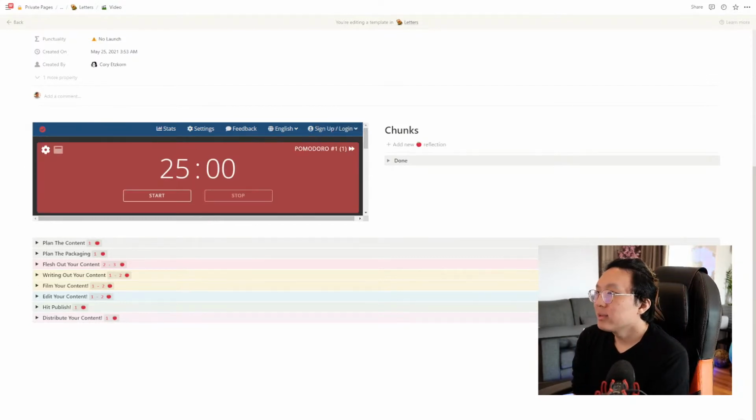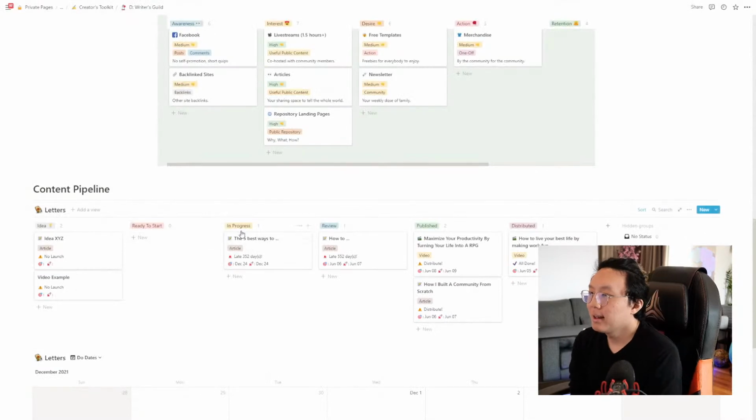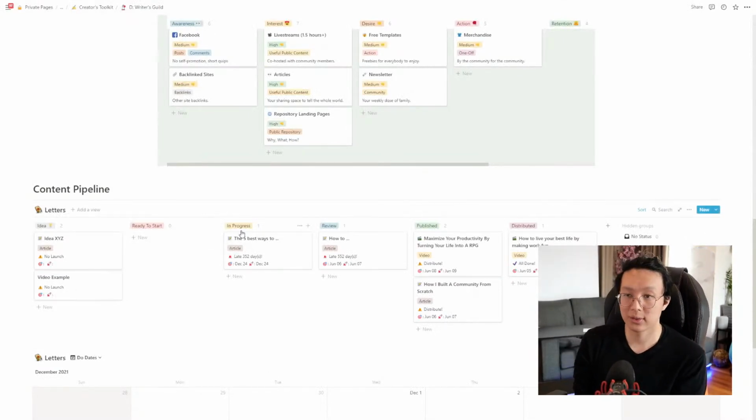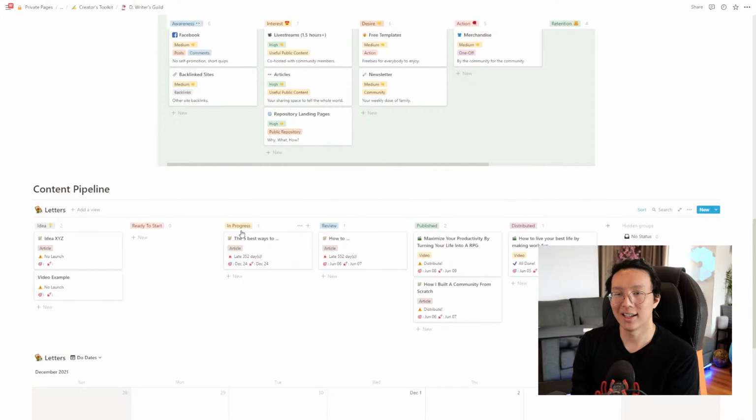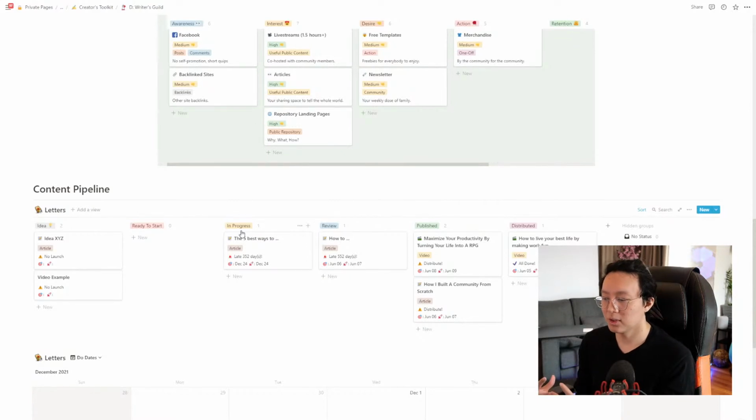So I hope that this was helpful for you in seeing a bit into how you can create your own custom workflows for not just content creation, honestly, but for anything that has a step-by-step process or stages to go through. The really important thing I want to share with you guys in regards to creating your own systems and expressing your creativity is that you can really do it in any way that you want. The system is there for you to customize, and I really hope that you take advantage of all the different resources that we've included to help you customize the systems to make it work for you and really ensure that everything that you have is so perfectly customized